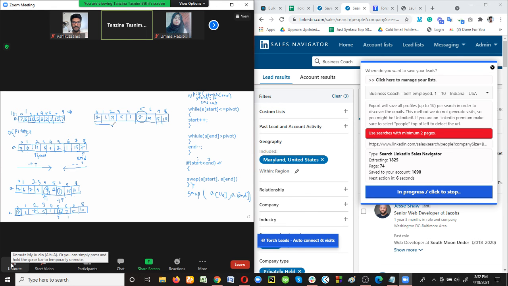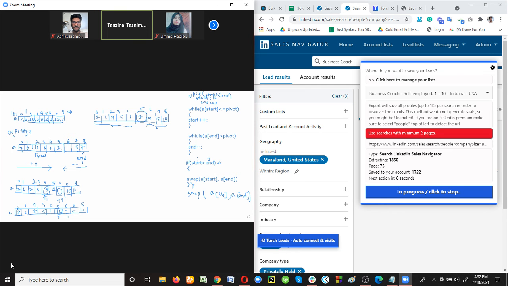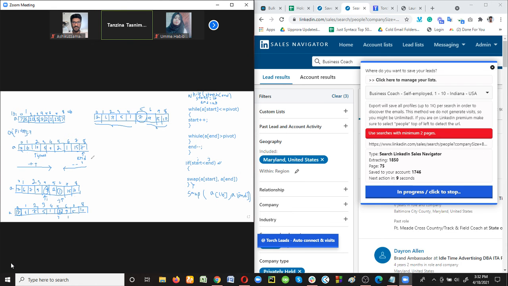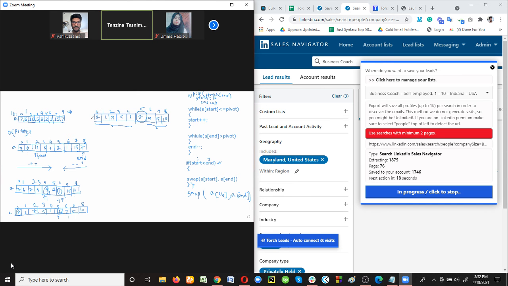So this is one subarray, this is subarray 1, and this is another subarray, that is the right subarray. Okay, so now from this left subarray and the right subarray, again we have to take one element as the pivot element. You can take the element from the beginning, the middle, or the end. Suppose we are taking 2 as the pivot element. So now pivot equals a[0], that is 2.